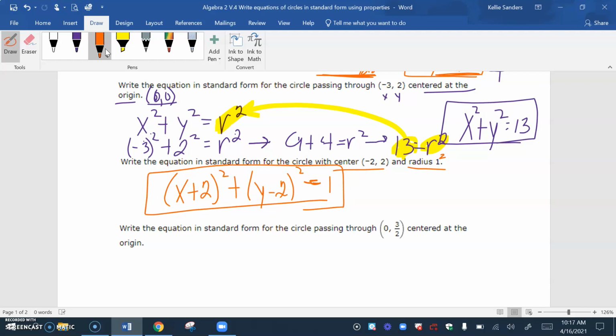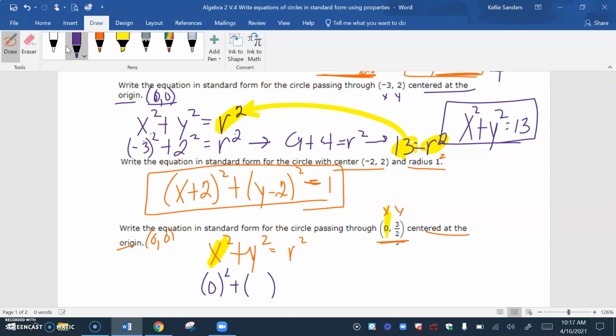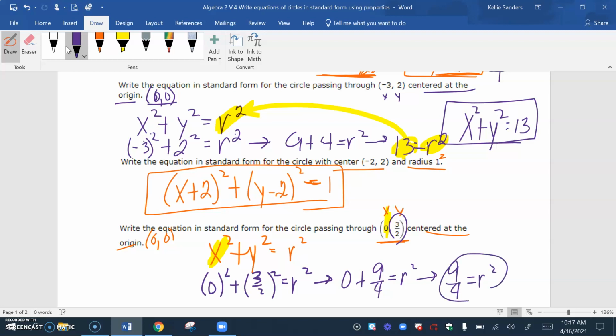Write the equation in standard form for the circle passing through. So I'm going to use this as my x and my y, centered at the origin. So origin is at 0, 0. So x² + y² = r². I am going to put this in for x. So 0 squared. y is going to be 3 over 2. Squared equals r squared. 0 squared is 0. 3 over 2 squared is 9 over 4. 0 plus 9 over 4 is 9 over 4 equals r squared, and r squared is what I